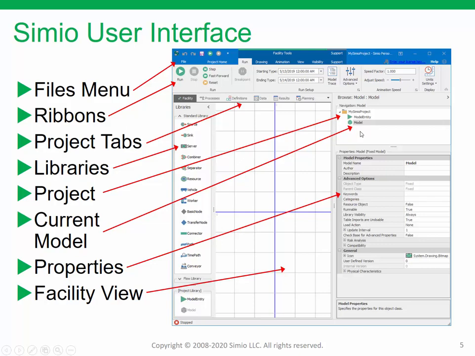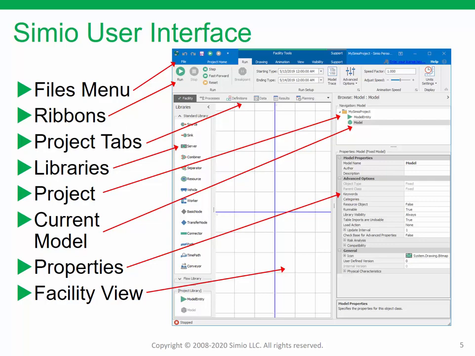We have the project over here on the left side where it says navigation and browse. We have the current model, which is highlighted in the project. We have the properties, and the properties define the properties of the currently selected object in the model. And then we have finally the facility view, which is where we do the majority of the interactive modeling